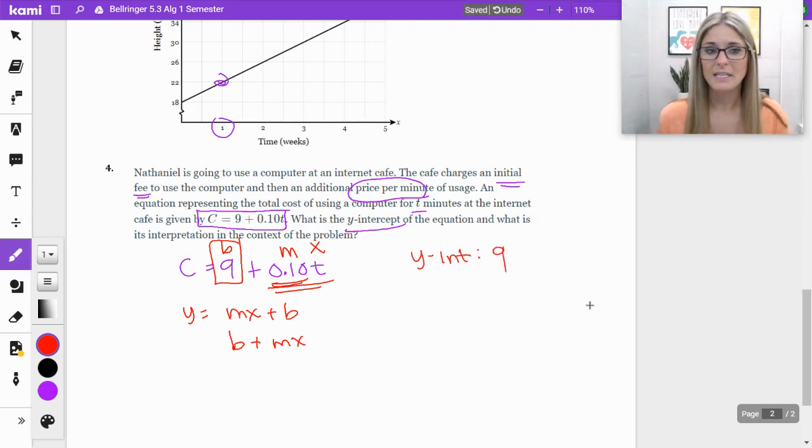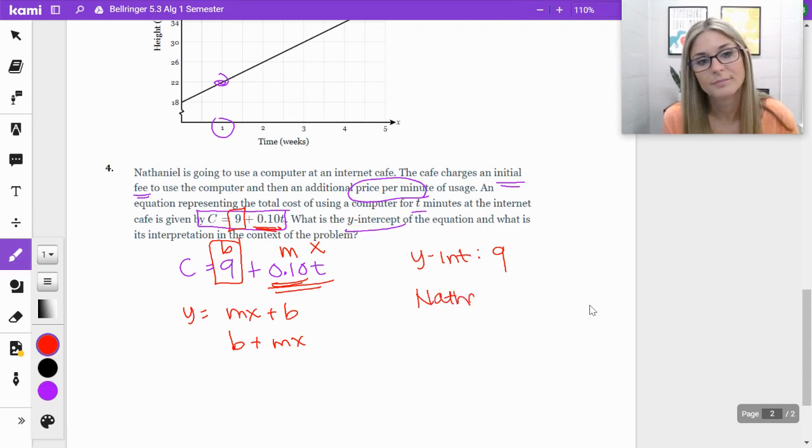And then what does it mean? Well, reading through it, there was an initial fee and then a rate. And the rate is that 10 cents. Is that what it's supposed to be? Price per minute, 10 cents per minute. The initial cost, what did they say, of renting the computer, using the computer? Yes, is $9. So, in the context of the problem, it means